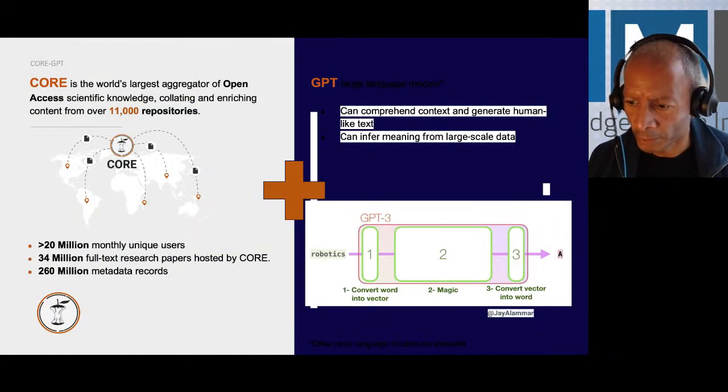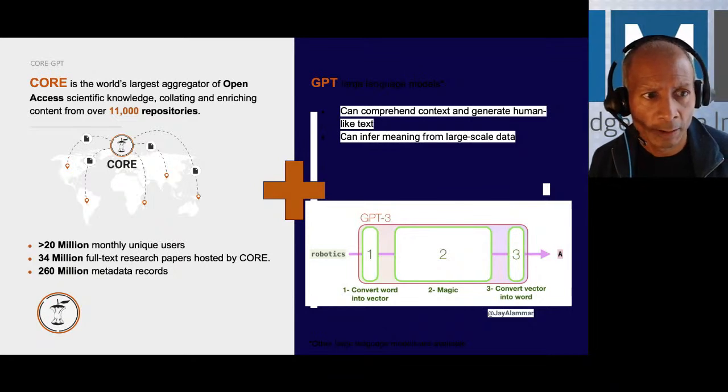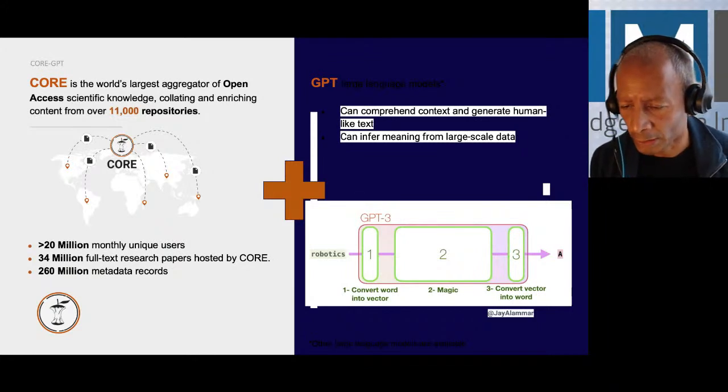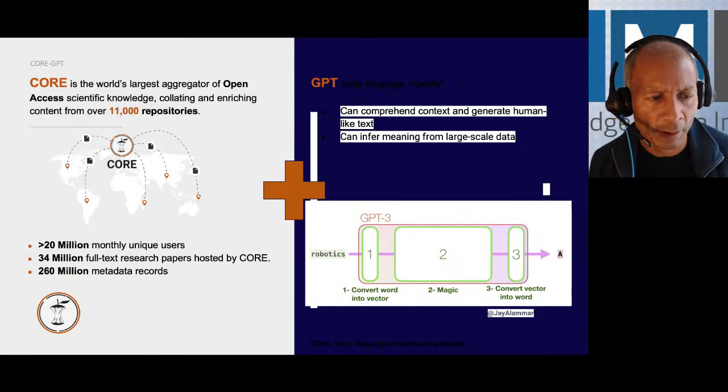One other tool I'm going to show you in a moment is related to a long-running project in KMI called CORE. CORE is a national service where we index nearly 300 million research papers, where if you look at any research paper, you can find related research papers. And I'm explaining this to you because it's embedded into the demo I'll show you in a moment.